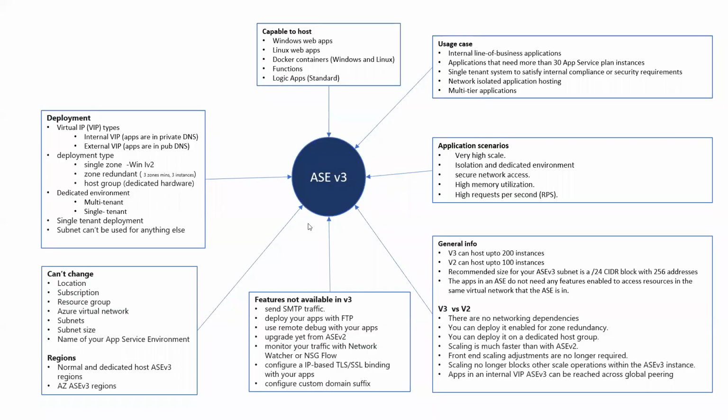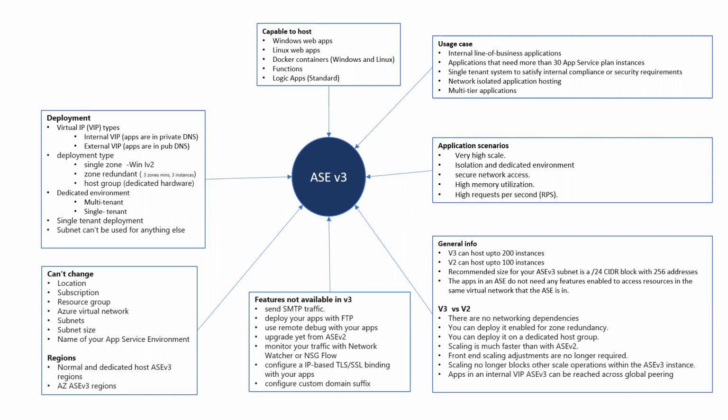So the next one is the deployment type. You will see there are three deployment types: single zone, zone redundant, and host group. Single zone is available in all regions where App Service Environment v3 is available. With a single zone deployment type, you have a minimum charge in your App Service plan of one instance of Windows Isolated v2. As soon as you create another instance, the default one goes away. So that's acceptable.